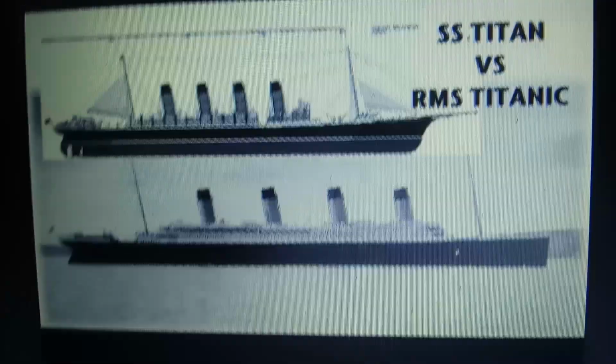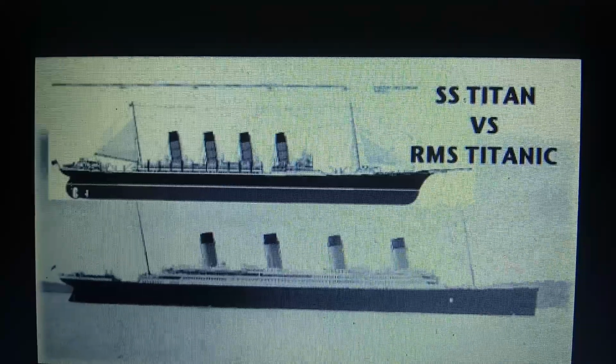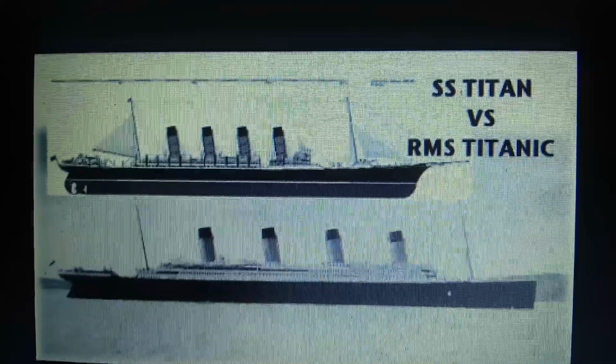Titan was basically named after a god, the Titans, just like Titanic would be 14 years later. I can't help but find the similarities between these two ships. Their sinkings, the fact that they were claimed to be unsinkable, the fact they have many lives lost, they didn't have the right number of lifeboats, 3 propellers, 4 funnels. What do you think? Is this just a coincidence, or was there something mysterious about the SS Titan and RMS